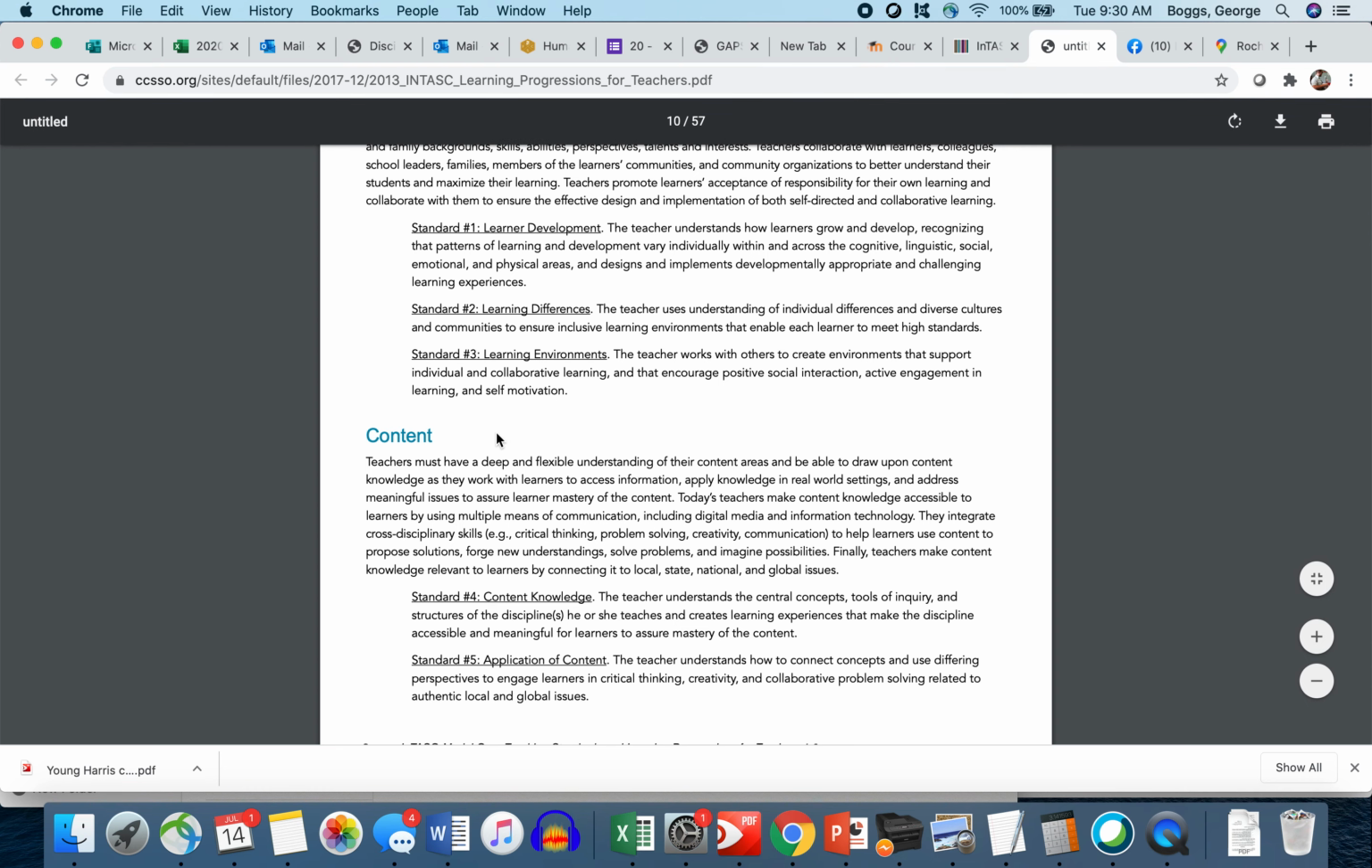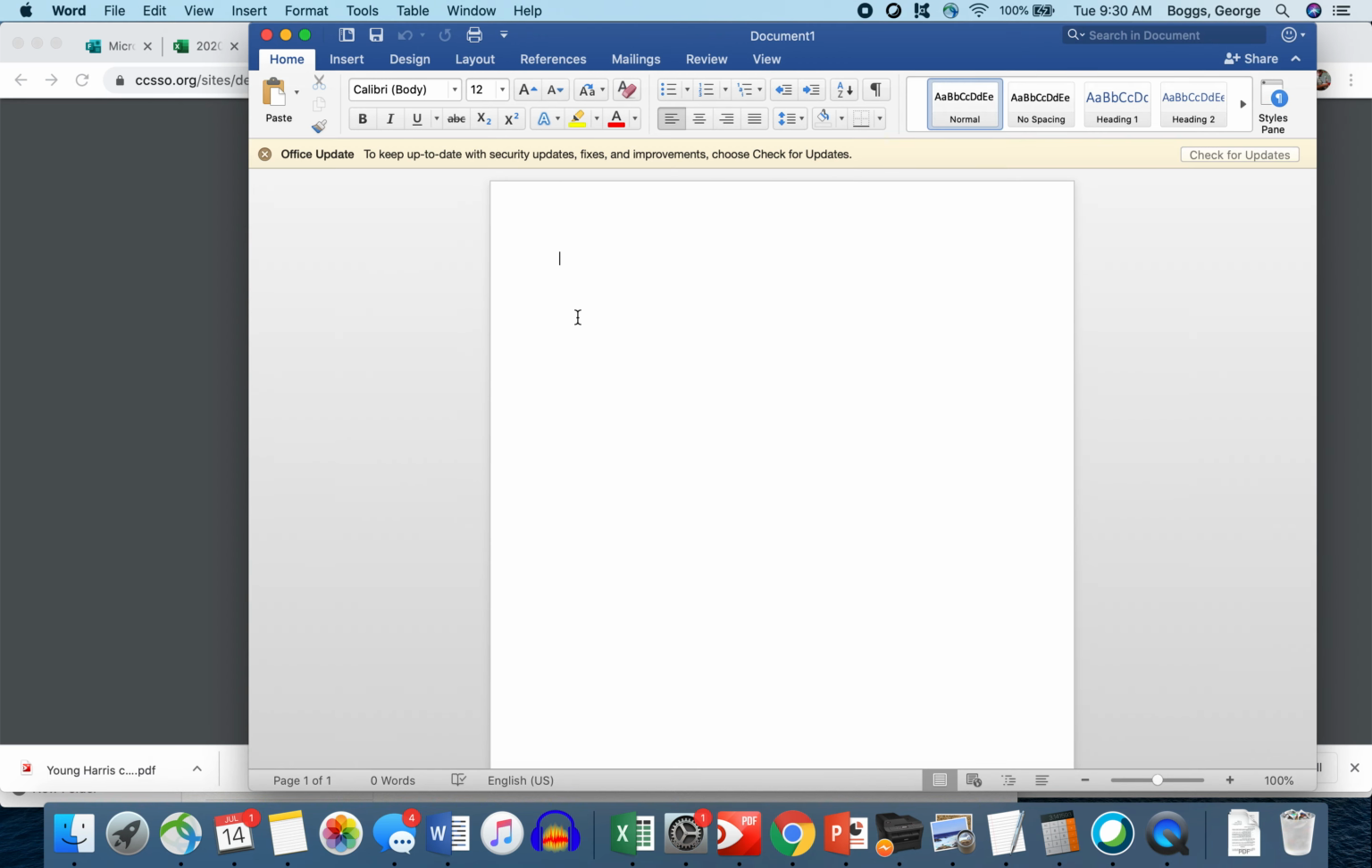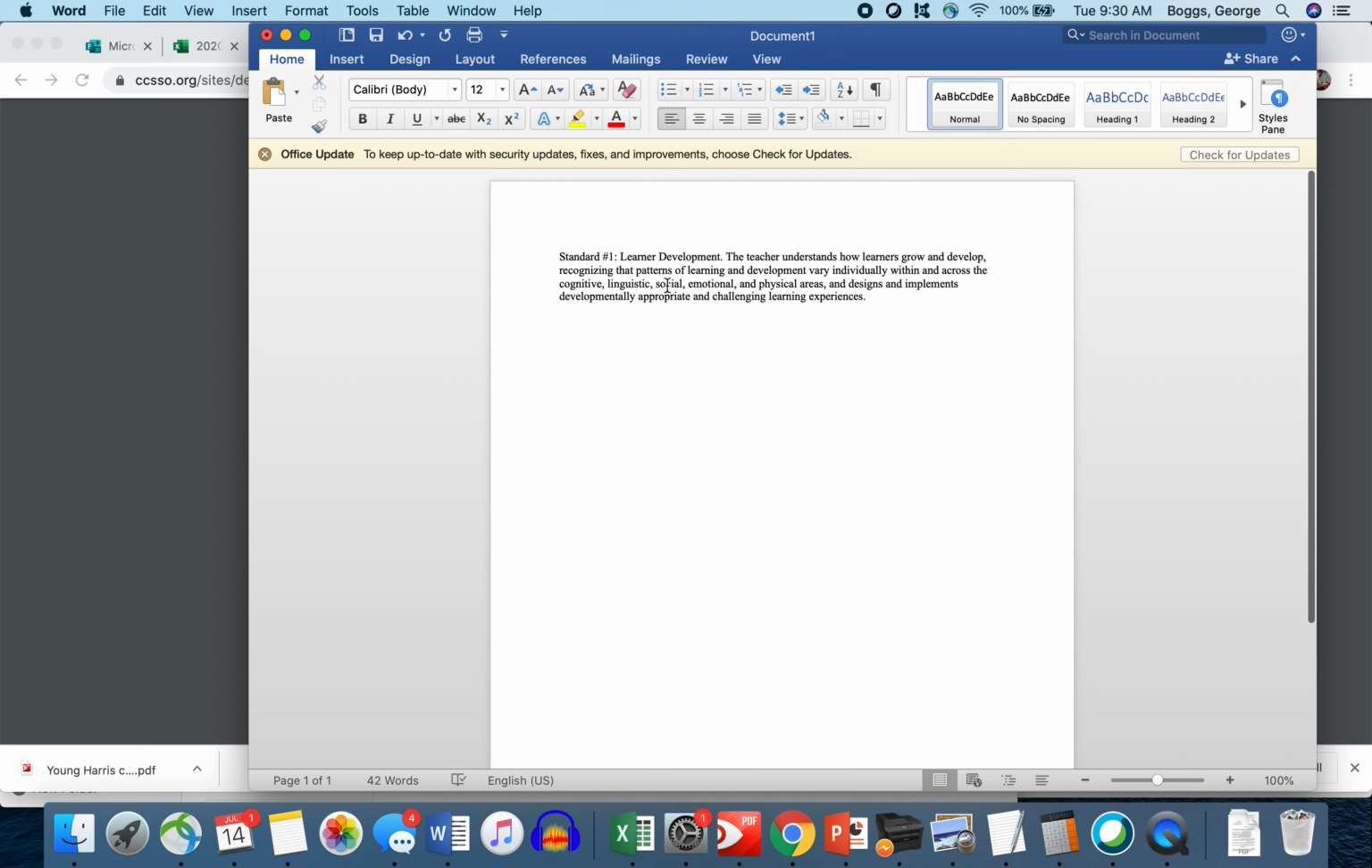And so to start my document, I might pull standard 1, open a new document, drop standard 1 in, maybe restate this in my own words. The teacher understands how learners grow and develop, recognizing that patterns of, this sounds like they vary individually within and across these areas. This sounds like the course that I took,